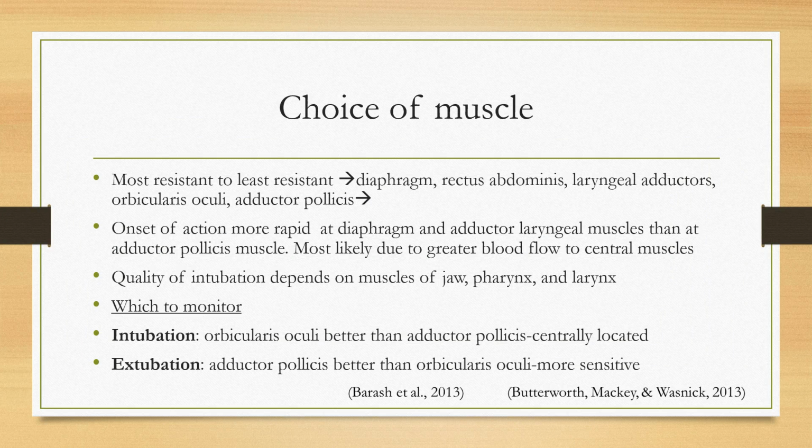So, choice of muscles to monitor. It's important to note that blood flow plays a pivotal role because central muscles receive more blood flow than peripheral muscles. So even though central muscles are more resistant, such as the diaphragm and the laryngeal adductors, they usually equilibrate quicker on the onset because of blood flow. Now, that's why you monitor orbicularis oculi on intubation, and on extubation you monitor adductor pollicis, because there's a good chance that if adductor pollicis is recovered, then your diaphragm and your...